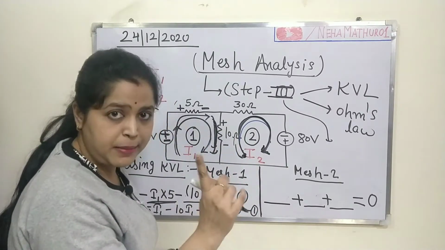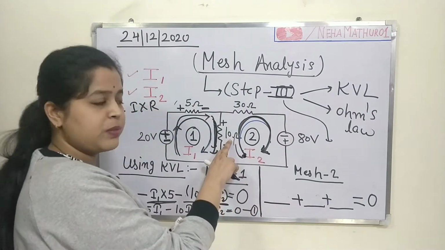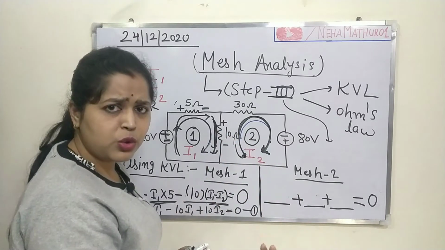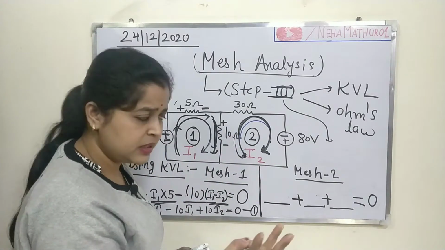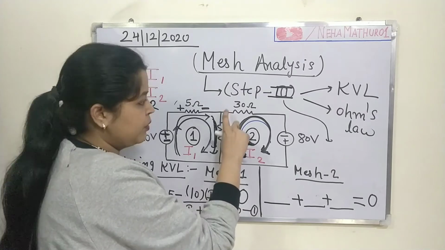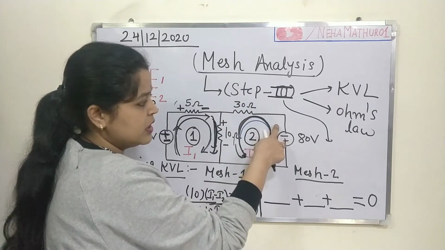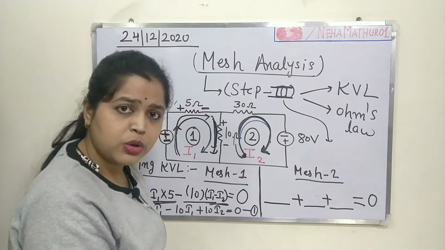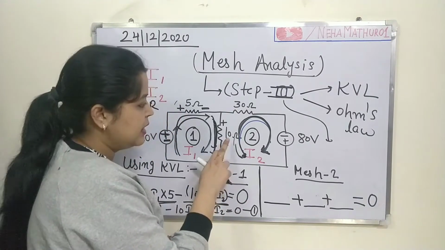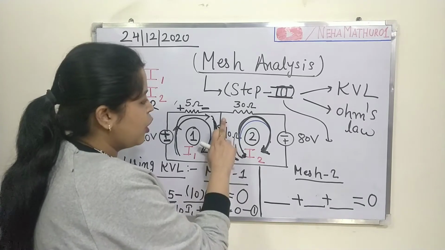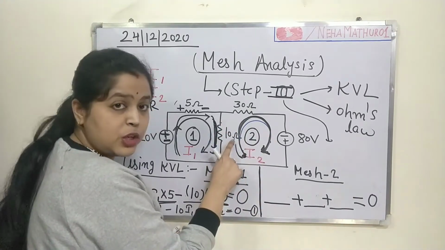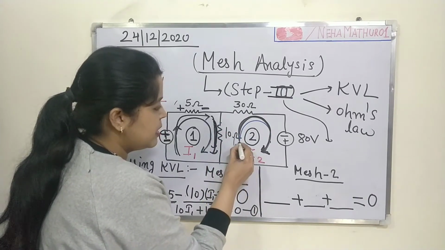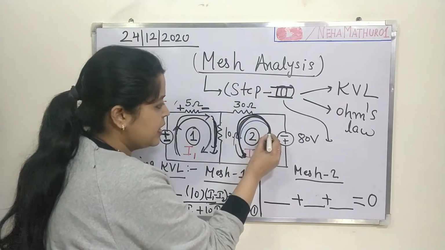So the first element of this journey is this 10 ohm resistor. You will have to do three simple things: voltage drop across this, voltage drop across this, and this is already mentioned. Just add them and it will be equal to 0. Now come to the first element, and the very first element of this mesh is 10 ohm, and you are coming from here and turning toward here.